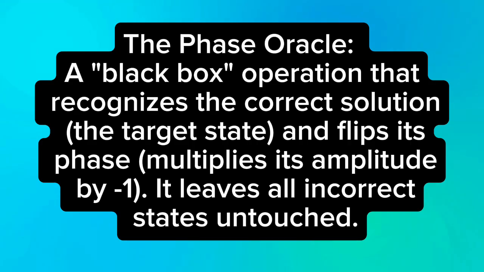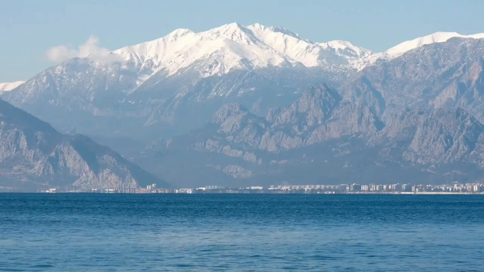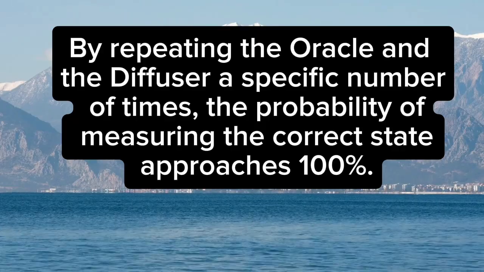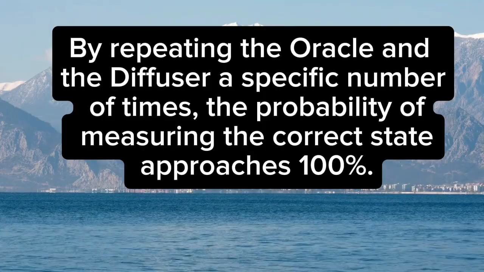The phase oracle, a black box operation that recognizes the correct solution, the target state, and flips its phase, multiplies its amplitude by -1. It leaves all incorrect states untouched. The diffuser, amplitude amplification, a geometric reflection that shrinks the amplitudes of the incorrect answers and grows the amplitude of our target state, which was flipped by the oracle. By repeating the oracle and the diffuser a specific number of times, the probability of measuring the correct state approaches